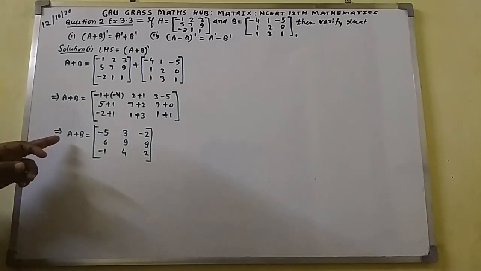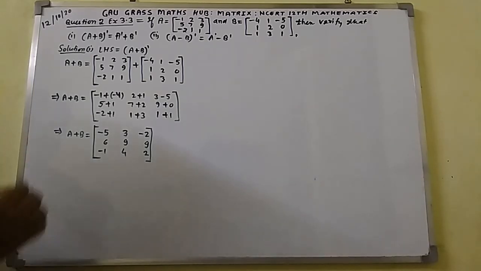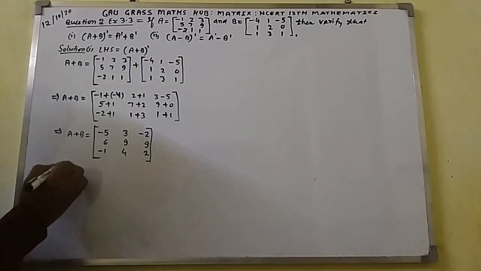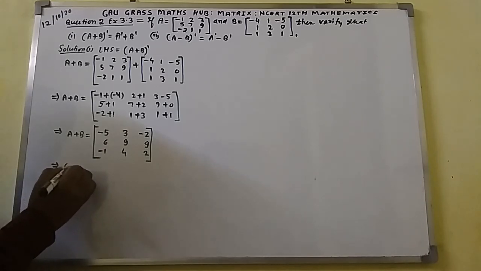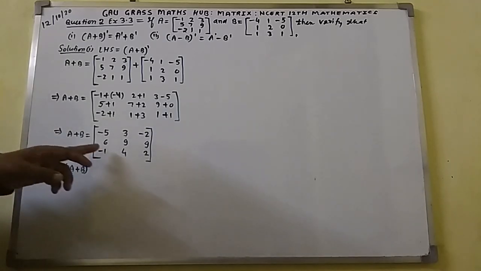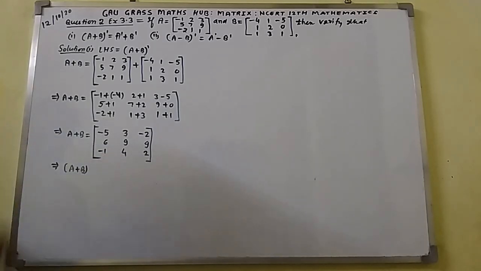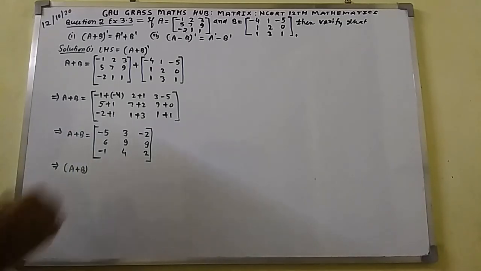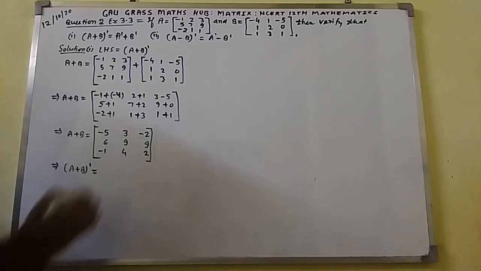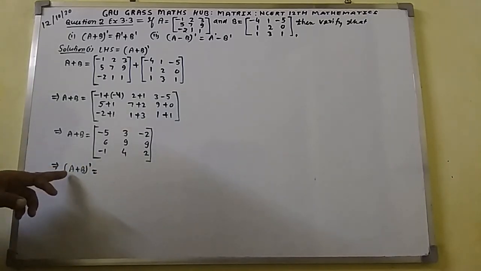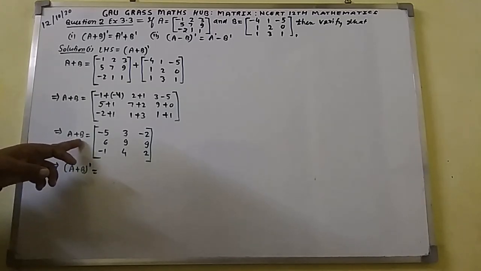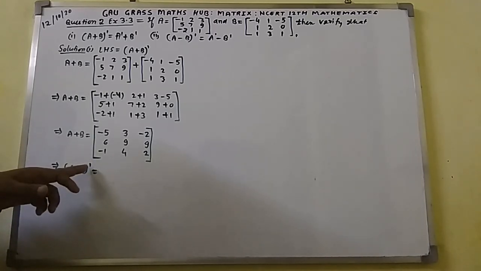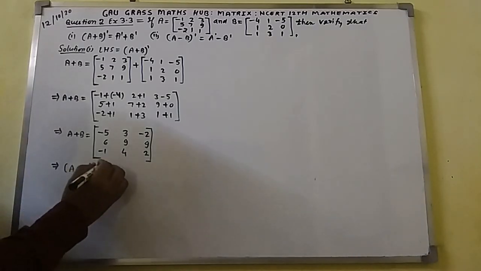Now I shall get the transpose of the matrix A plus B. Here I have got the value of matrix A plus B, so the transpose of A plus B. So here I shall write the transpose of A plus B. This is (A plus B) transpose. So this is called the transpose of the matrix A plus B. It will be called so, and here it will become